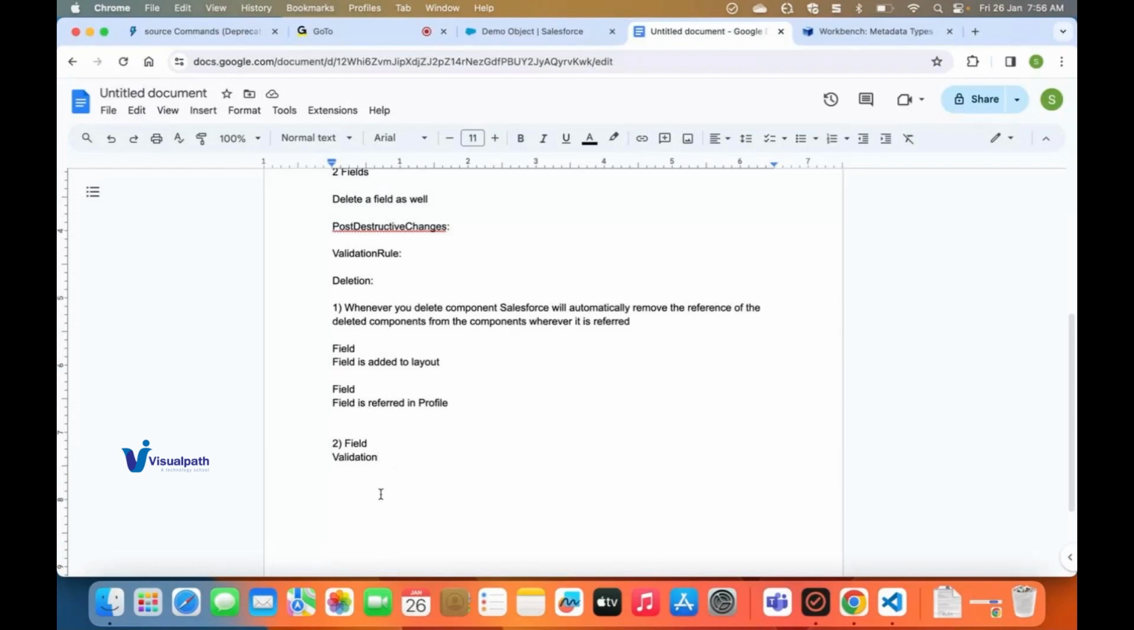Similarly, one more example is if you have a field which is referred in a flow. Even for this case, if you try to delete this particular field, Salesforce will ask you to remove the reference of the field from the flow. Or the other case is if you have a field which is referred in an Apex class. Even for this case, Salesforce will ask you to modify the Apex class in order to remove that particular field reference. So this is the second case where Salesforce doesn't do the automatic removal of that particular